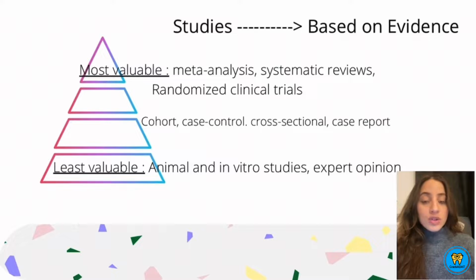And what you should know is to take a general idea that there are studies that are more valuable than others. So the most valuable studies are the meta-analysis, systematic reviews, and randomized clinical trials. The least valuable studies are animal and in vitro studies, expert